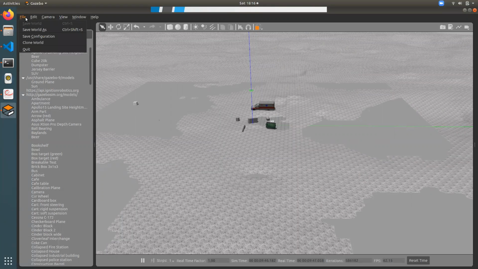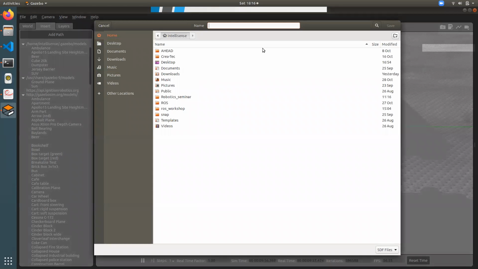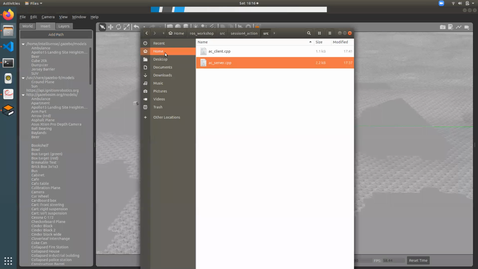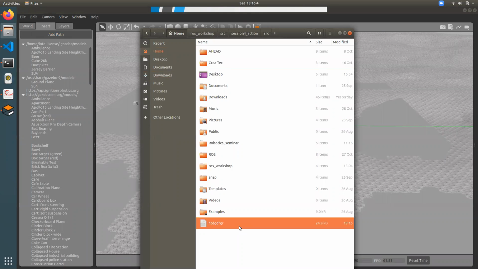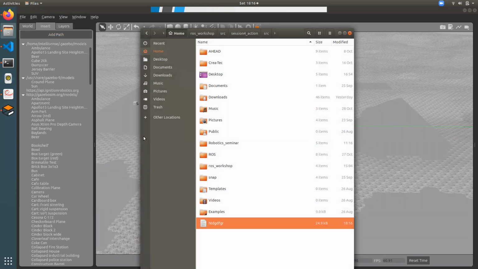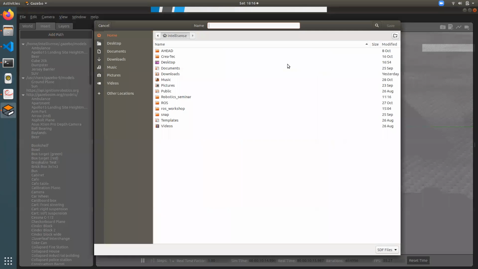And once you have finished creating the world, this is called a world, you can save the world somewhere you want. Give a name and save, and it will appear like this. Now it has been saved as a text file. So what you should do is File, Save World As,